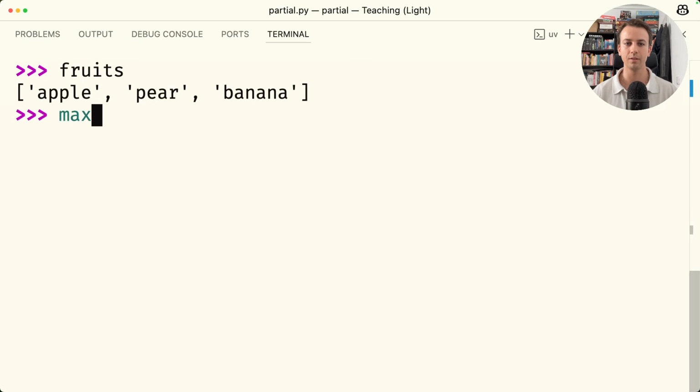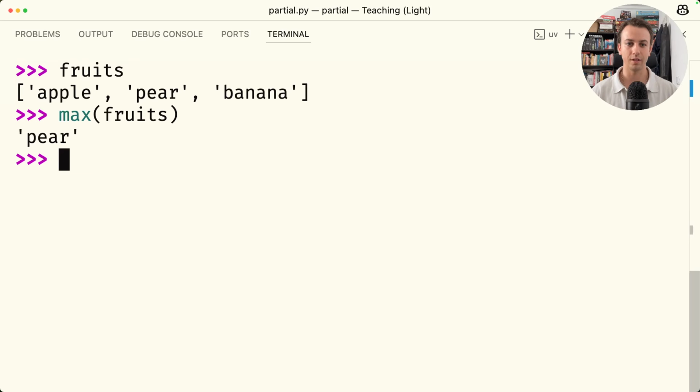Now if you use the built-in max and you pass the list of fruits to the built-in max, what do you get? Strings will be compared by the order of the letters, and so pear is the word that would appear later in a dictionary, right? Because P comes after the A and comes after the B. The P in pear comes after the A in apple and the B in banana, so the max will be